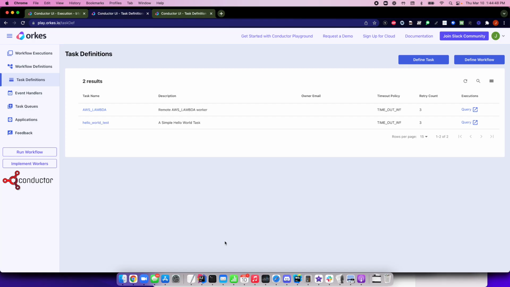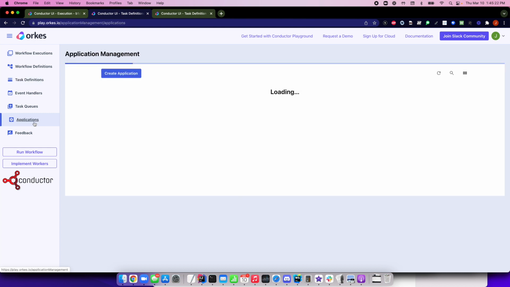So we're going to talk about some security features that we have in the playground. You can skip this section if you're using the open source version of Conductor and have deployed it locally. But if you're using the playground, one of the things it provides is security, to make sure that whoever is polling for work to be done, the task workers, are authorized workers. To do that, if you're in the playground, go to the applications tab right here,